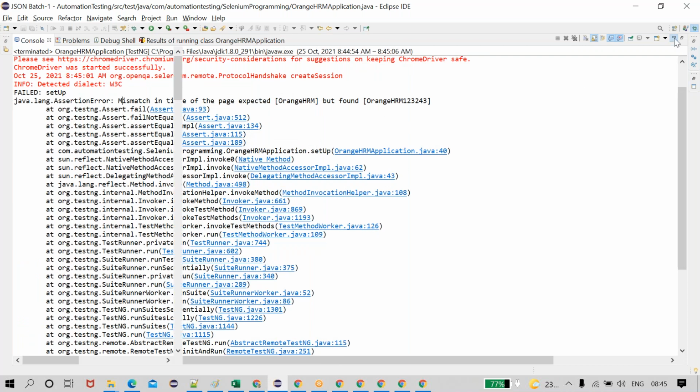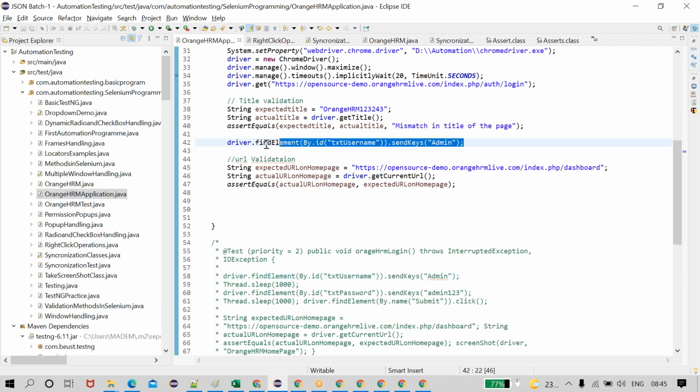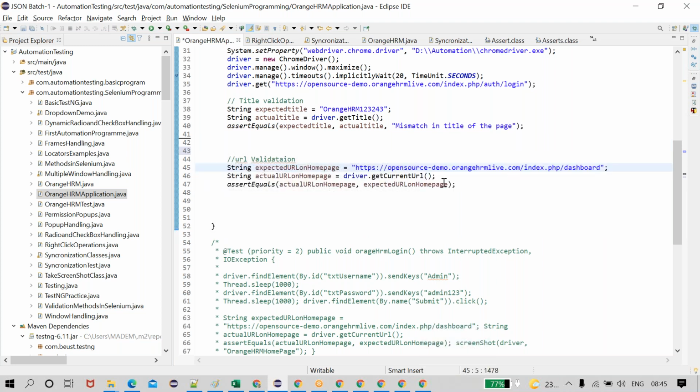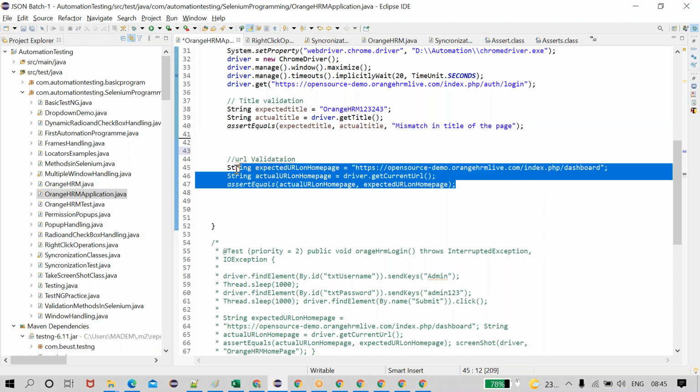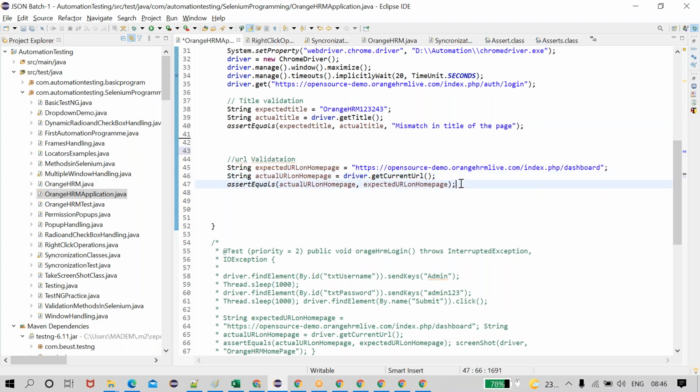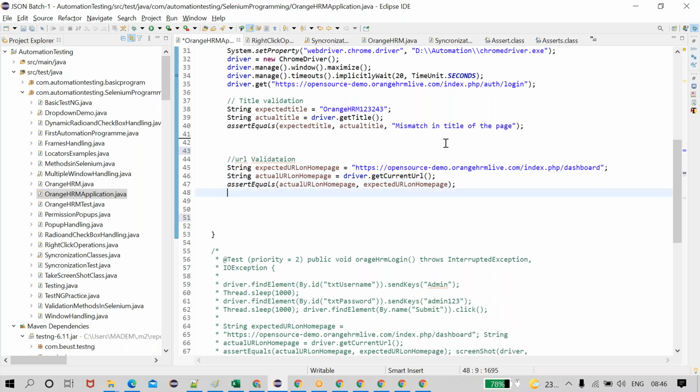To overcome this problem, if this line of code is required, but I want to validate all the things on a page, but one validation failed, if one validation will fail, then other validations won't be validated, then my code will be stuck here. Yes or no, guys? If my title validation will fail, next my couple of lines won't be executed because due to this title validation I am not going to validate this URL, or I can validate few more things.